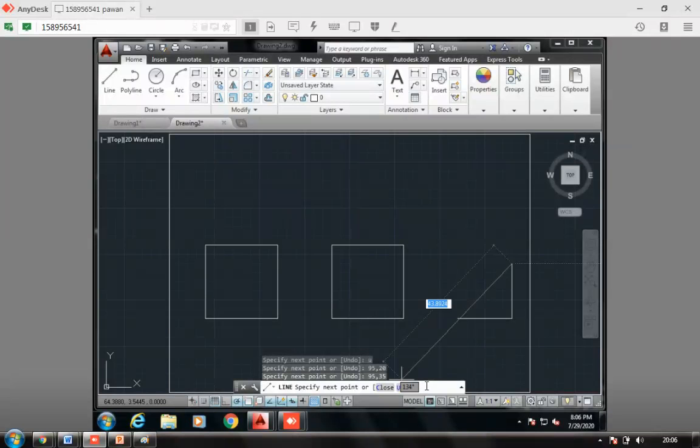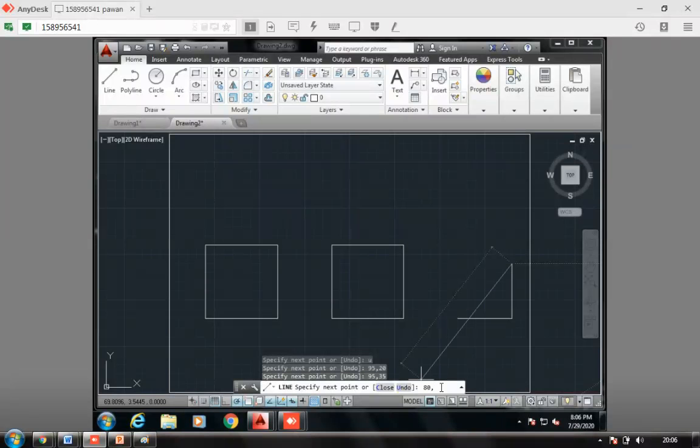It is having 35. Then again that has to come to what? Again to this coordinate, and I know this is 80. So it is 80 here. Fine, so I type 80 as my x coordinate.